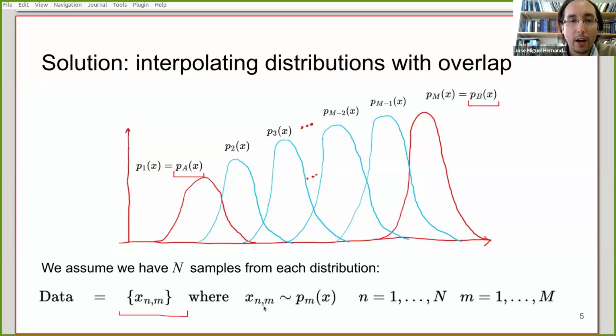where we have maybe a total of N samples, capital N samples for each of the distributions, and we have a total of these M distributions. It turns out we can easily calculate the normalization constants of actually all these distributions, including the ones that we care about, PA and PB. We can estimate the normalization constants by running a method called MBAR, which is the state-of-the-art method for solving this problem. And the idea in MBAR is very simple.